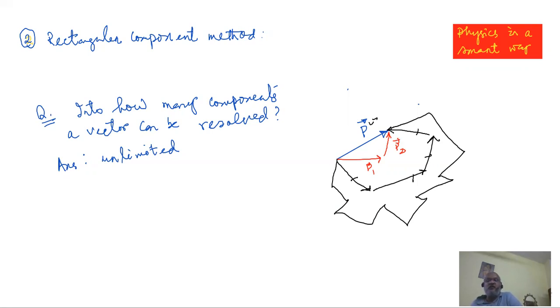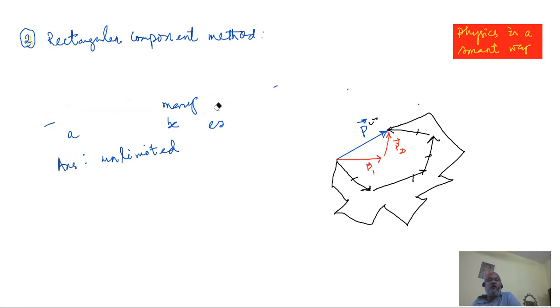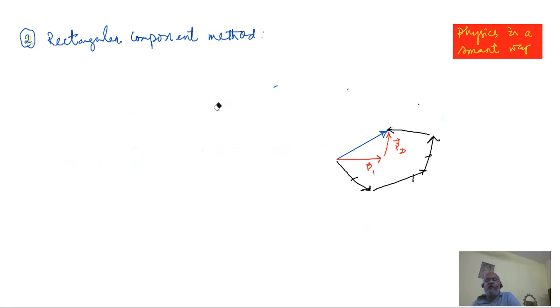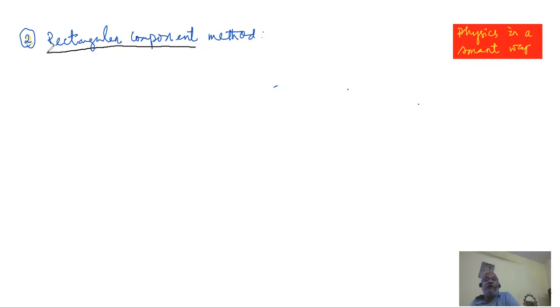I think I am clear on this issue. So let me remove the question and the diagram. Here, we are interested in resolving a vector. You might be wondering why the teacher is taking a path like that. Our job is to combine the vectors and find the resultant. But now the teacher is more interested in breaking the vectors. Yes, this method seems to move in the opposite direction, but finally when you come down to the conclusion, you will be able to realize.